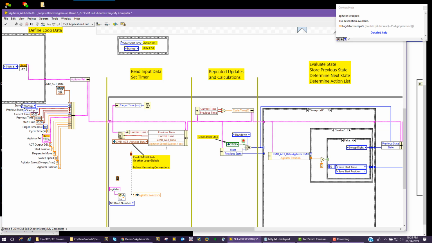So one thing, in order to test this, we need to be able to run this. So I'm going to just create a constant here because we aren't going to be able to have our network tables running until we get our dashboard running. So I'm going to delete this wire and I'm going to create a constant here. And I'm just going to say we're going to run it